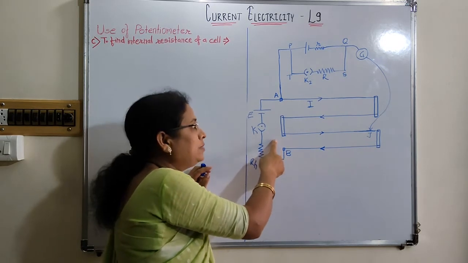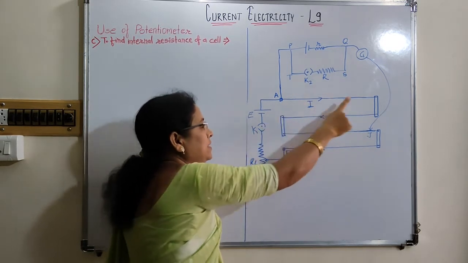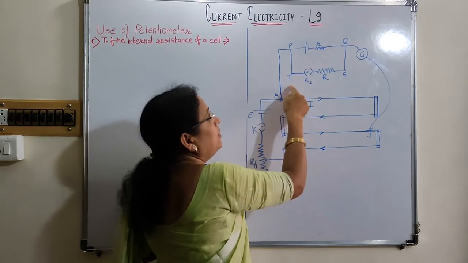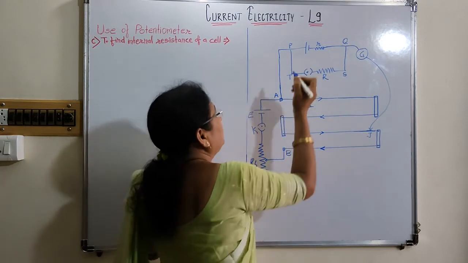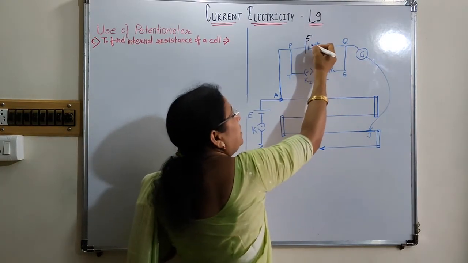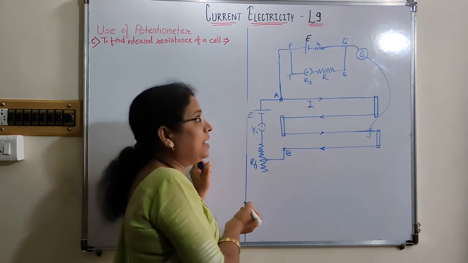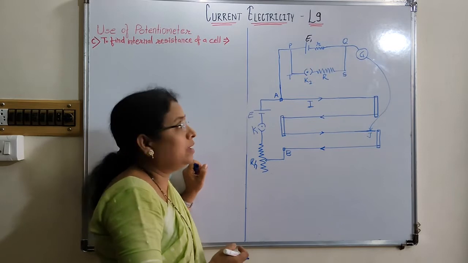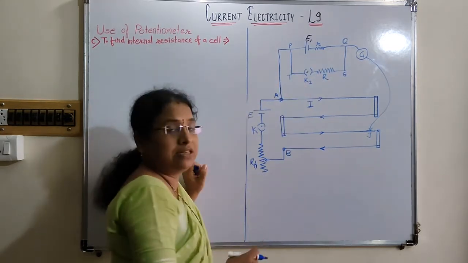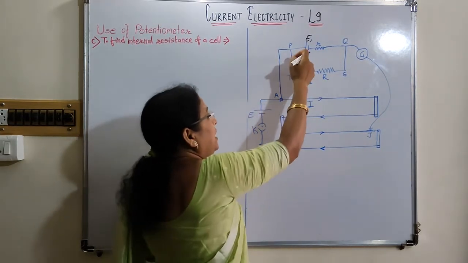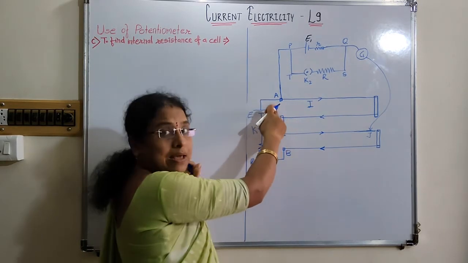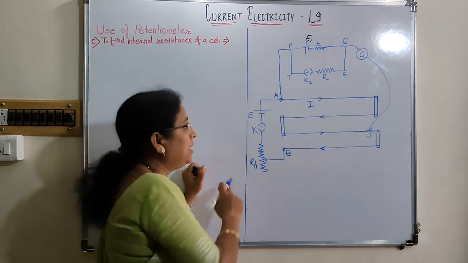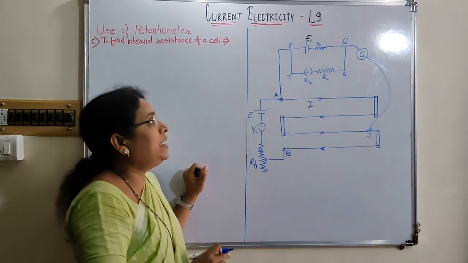To compare the EMF of cells by the separate method and by the sum and difference method, this primary basic circuit is the same. And here now in the secondary circuit, we connect a cell of some EMF E and having internal resistance r. Now we consider it as E1. The cell E1 whose internal resistance we have to determine is connected to the higher potential point A. A is the higher potential point and B is the lower potential point, as the negative terminal is connected to point B and positive terminal is connected to point A.